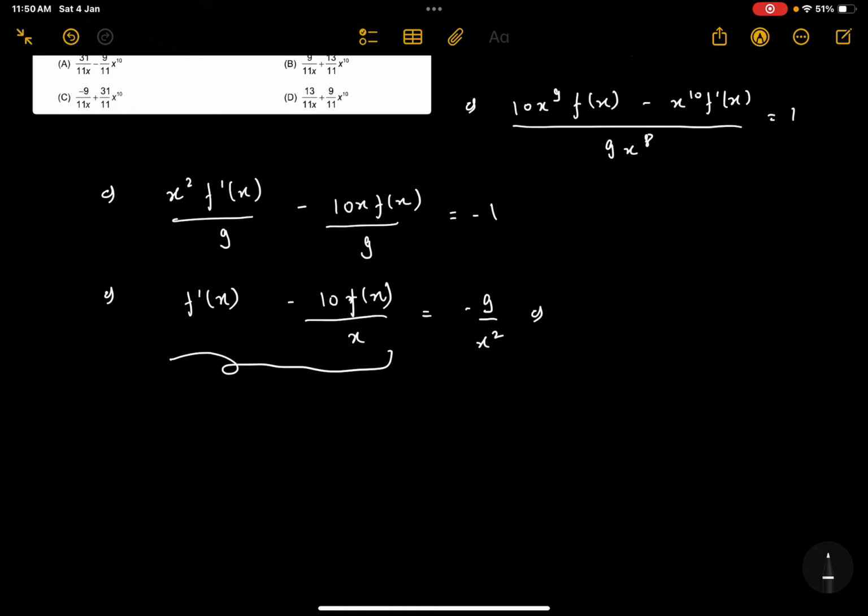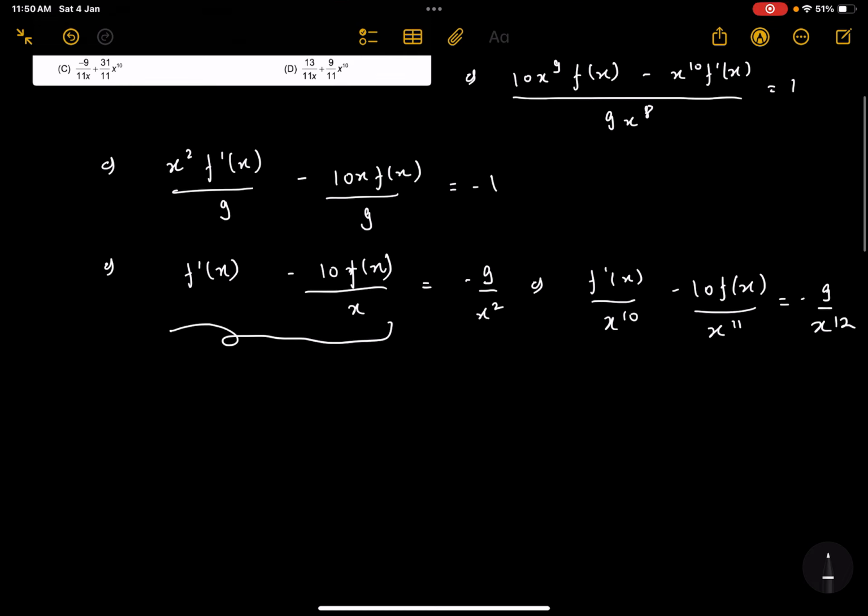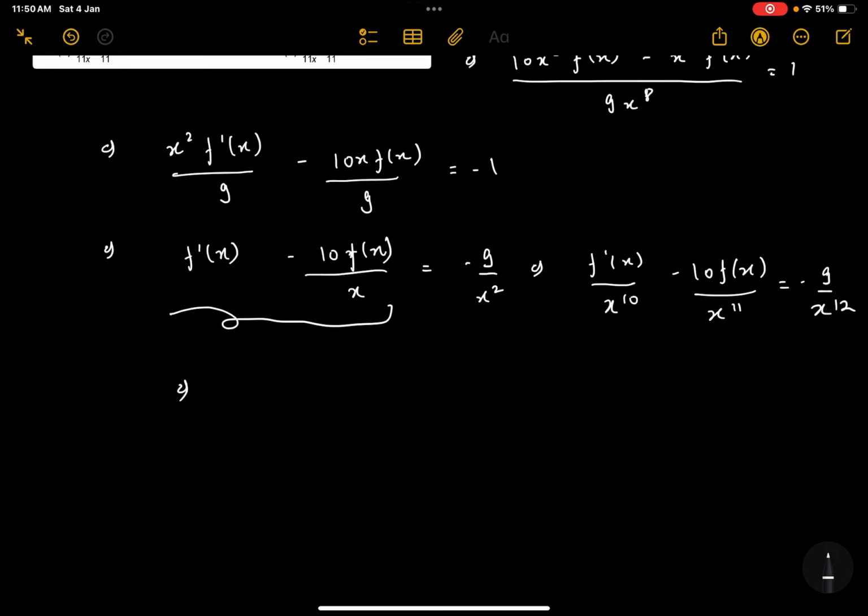So that gives us f prime(x) upon x to the power of 10 minus 10 f(x) upon x to the power of 11 equals to minus 9 upon x to the power of 12, which gives us d by dx of f(x) upon x to the power of 10 equals to d